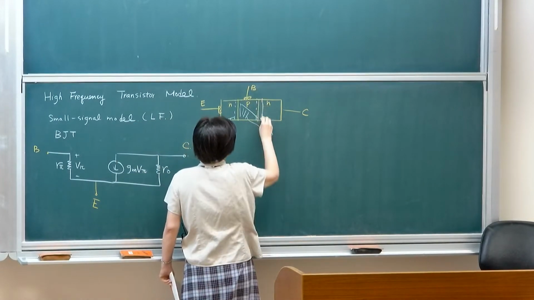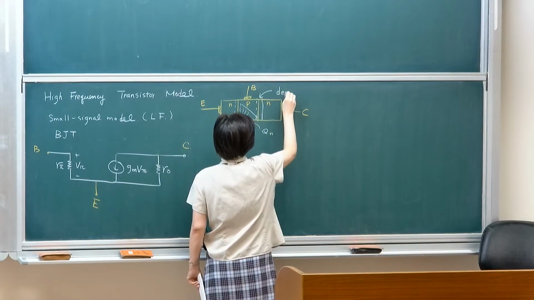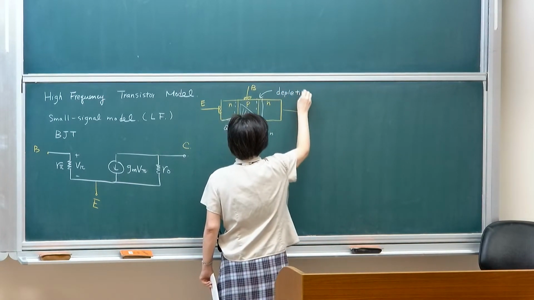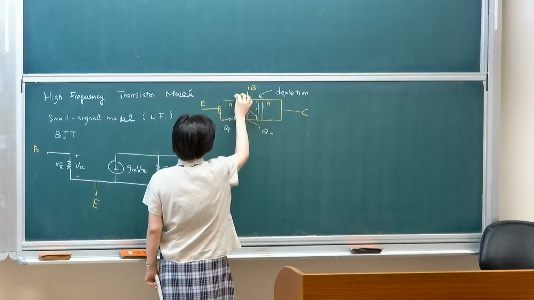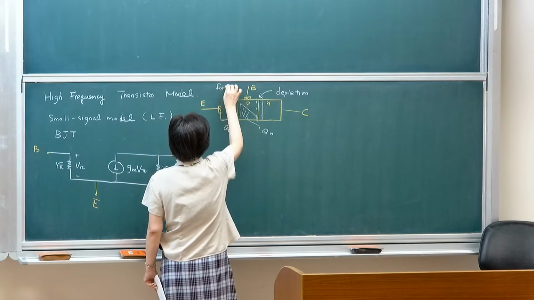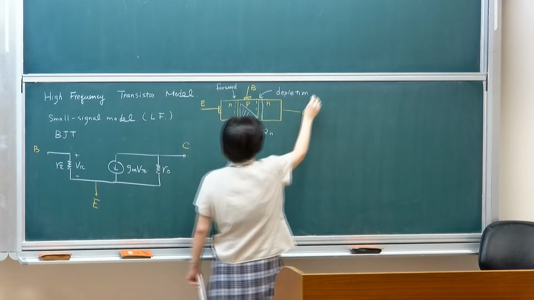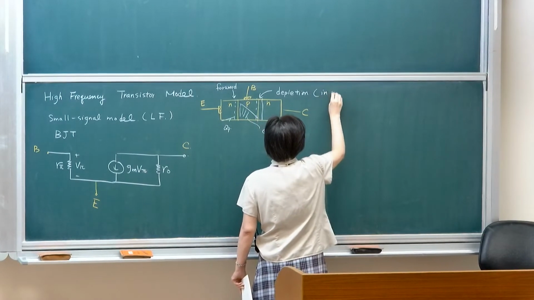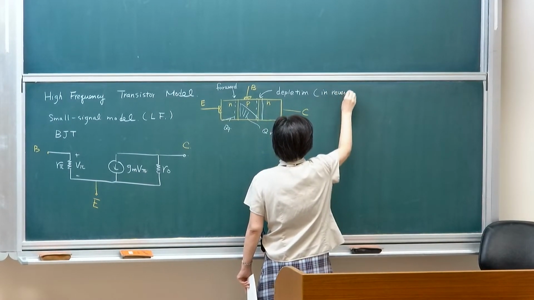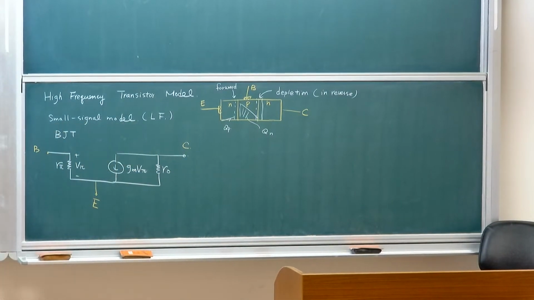So you have the BC junction, which is in depletion. This is a forward junction, and this is the reverse junction. So first of all, before we talk about forward bias, which is a little bit more complicated,